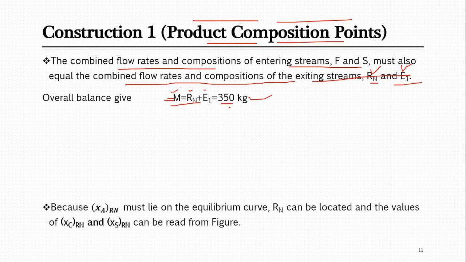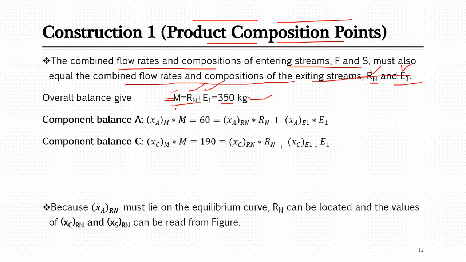Now, if you are looking for composition, as we have done previously a few slides back, we looked at composition with the help of the component material balance. So here again you can apply the component material balance. You know that mixture M is separated into raffinate and extract, so everything that goes to the raffinate or extract will be coming from this M.